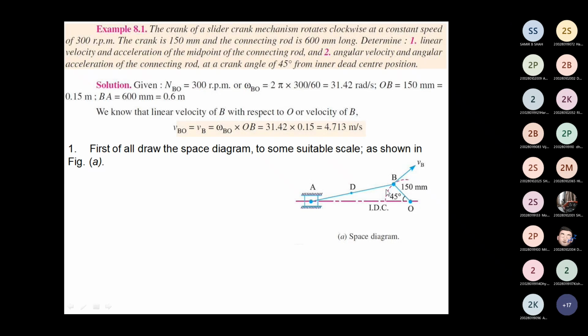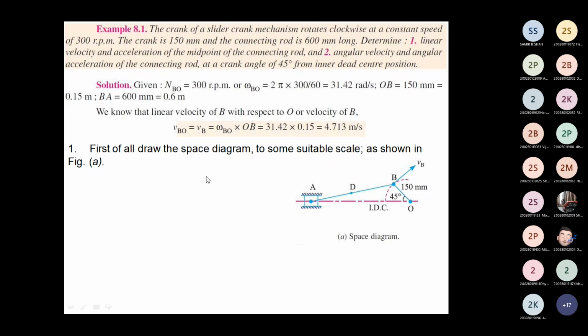But for this link, talking about AB link, whose omega is not given to us, so at that time we consider both the radial part and the tangential part. Okay, clear? Now start to draw the whole diagram. Before that, I discussed initially,